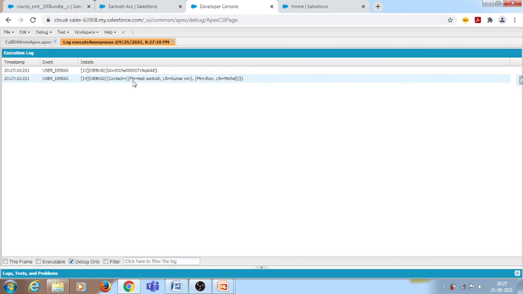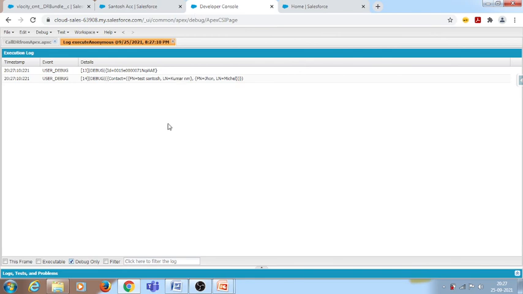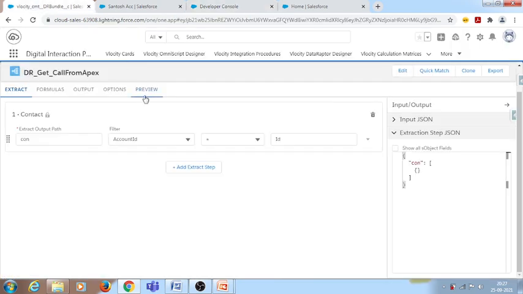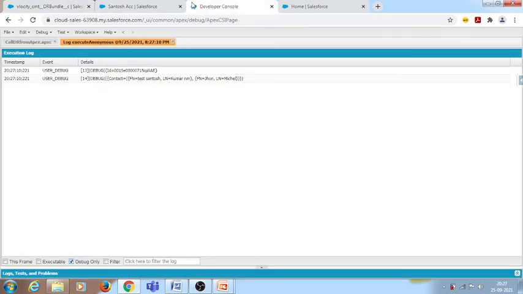FN represents first name, LN represents last name. Same thing, we got two records since we have two records under this particular account object. Under the contact node we got two records. Similarly, if we observe this output, in a similar way we got it from the Apex class.